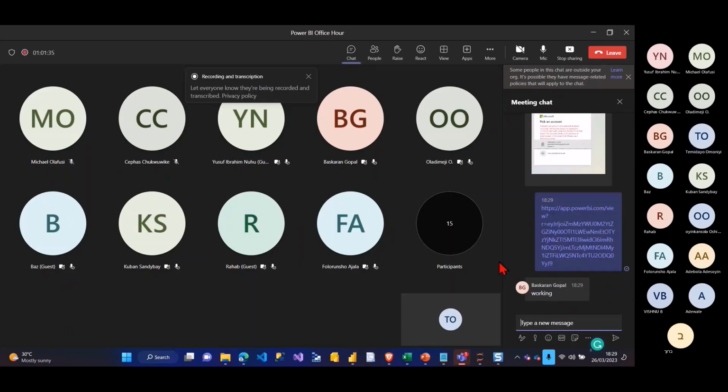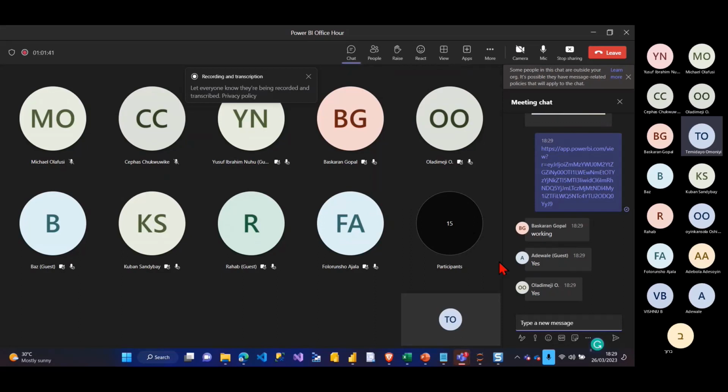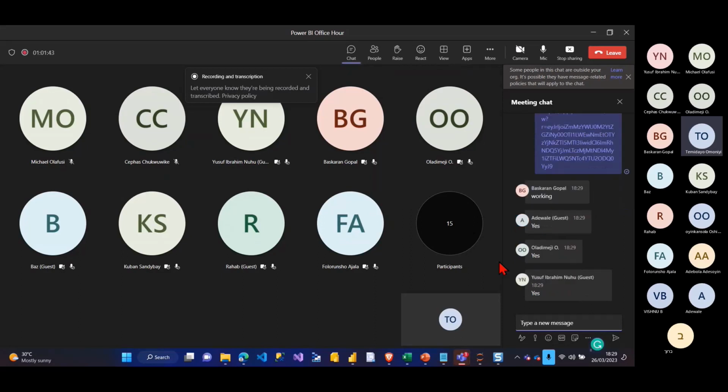Working, awesome. Why is this one working? Because I said, publish to what? Web. I remember part of my rules, I said that if you are publishing to web, make sure you're not publishing sensitive data. Now, imagine if this link I sent you